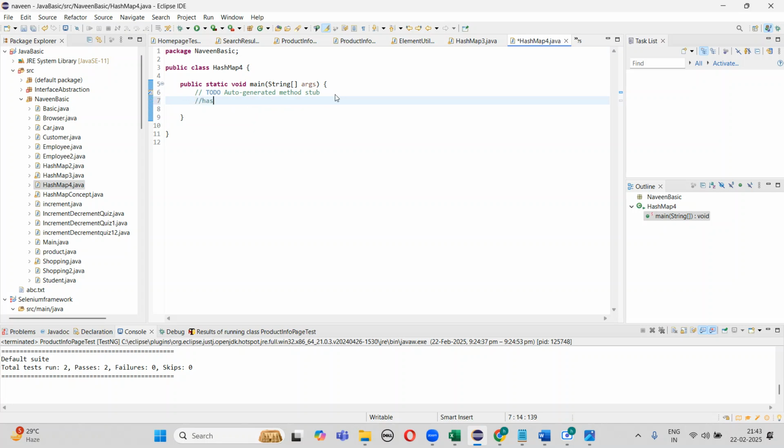So it stores values on the basis of key and value. HashMap in collection will deal with objects,